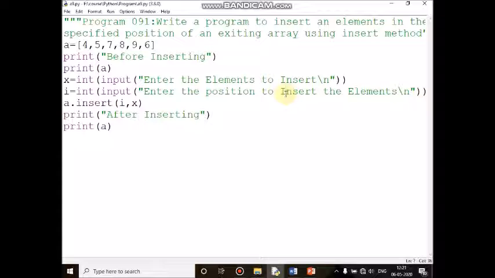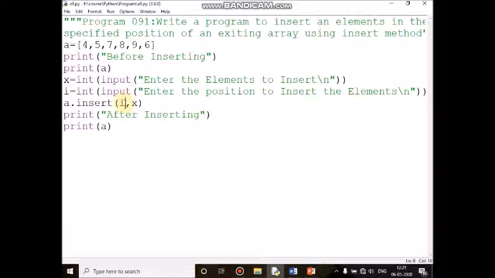My input is 4. The 4 is treated as a string, so you should convert it to integer. The outermost function converts string to integer, then it is assigned to i. The value of i is 4, x value is 15.